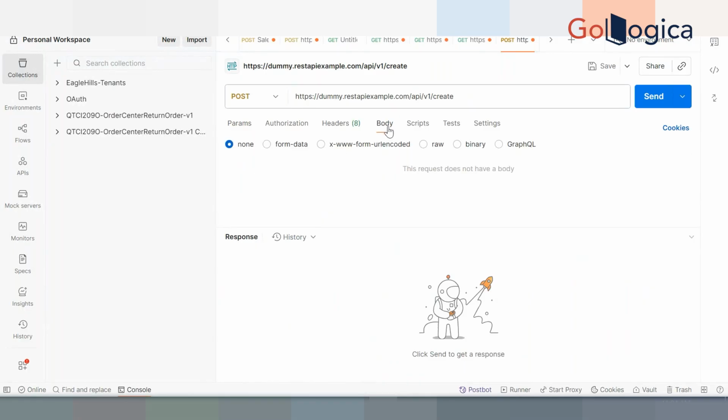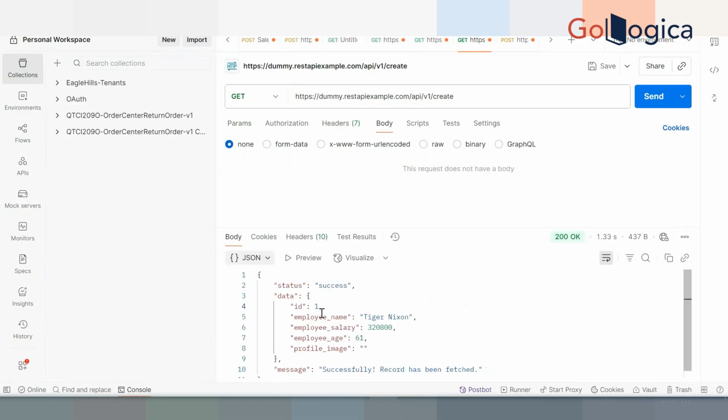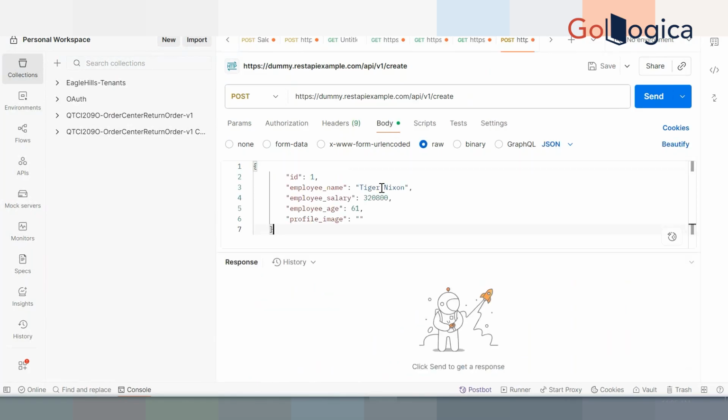If you want to create, you need to send data. Select raw, and here you can select JSON. So here you need to pass the request. This is the input they are expecting to create an employee. So I can pass this JSON inside, provide Nishant, and send.